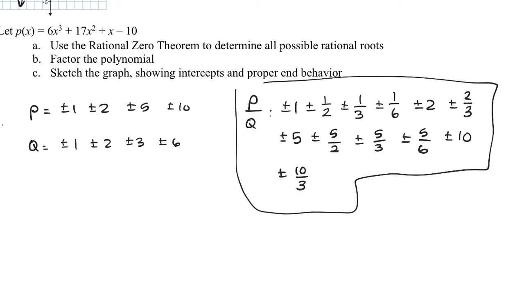Possible rational zeros? We really haven't done many where we had to test a fraction, now that I think about it. We've always just tested whole numbers. We might want to test some fractions when we're doing synthetic division. I don't know. Maybe. But that's part B. This is part A. Those are your possibles. Part B,